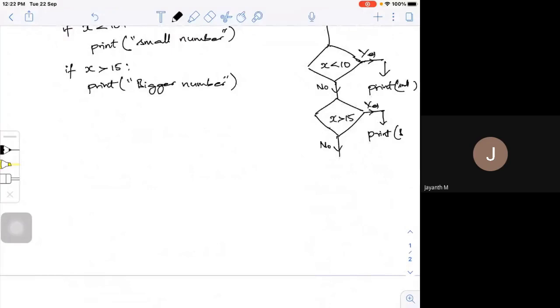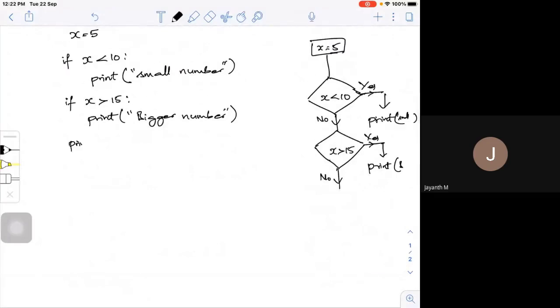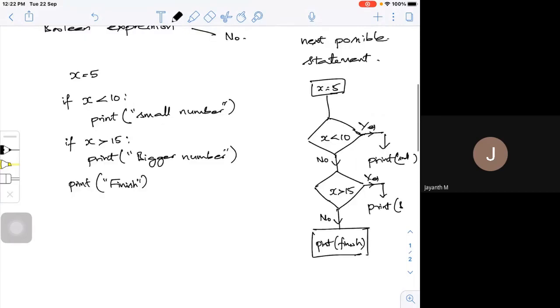If I want, I can add a print statement here, maybe something like finish the program, so here I will get print finish. This is the program syntax that I have, and this is the flow chart on the right-hand side.